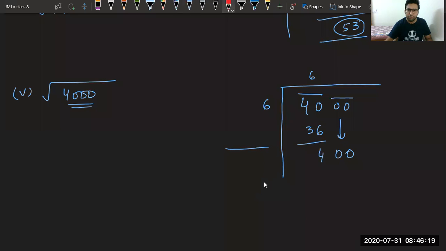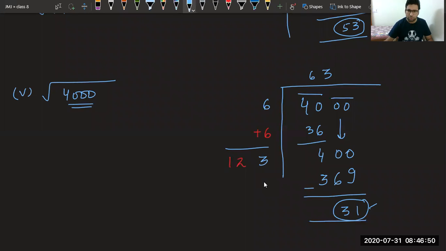Now we will do twice of 6, that is, we will do plus 6. It becomes 12. Now tell me, which number shall we take? You are saying 3. Okay, let's take 3. It will be 3 3s are 9, 3 2s are 6, and 3 1s are 3. So we can say remainder is not 0. It is coming out as 10 minus 9 1, 9 minus 6 3. 31 is the remainder, not 0. That means it is not a perfect square.